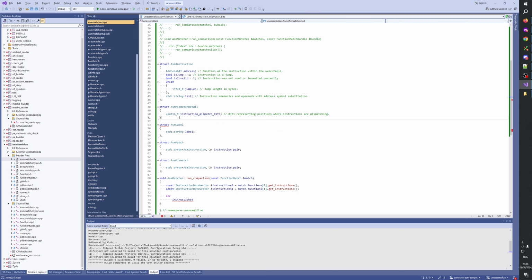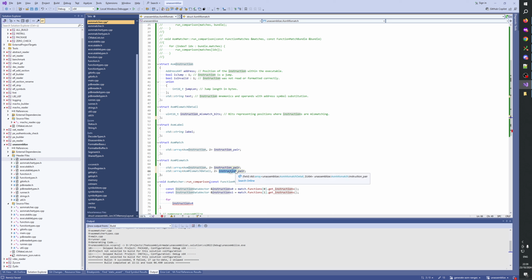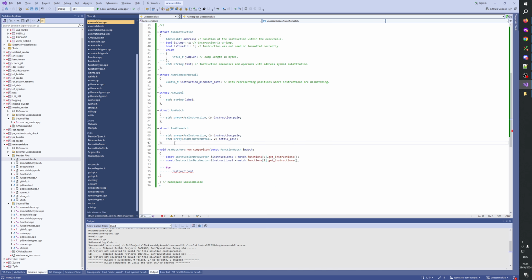Okay. And then we would have here a mismatch detail too. Detail pair. Okay. Yeah. And then we would have